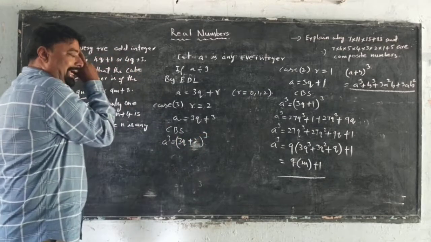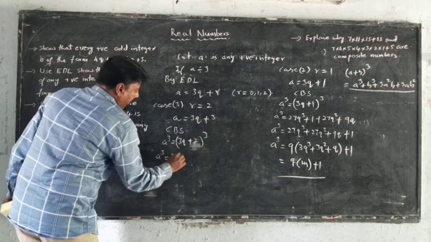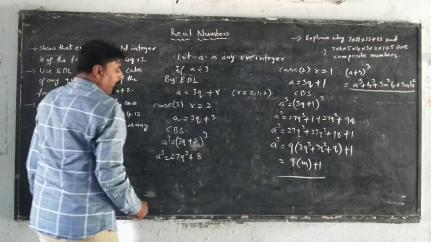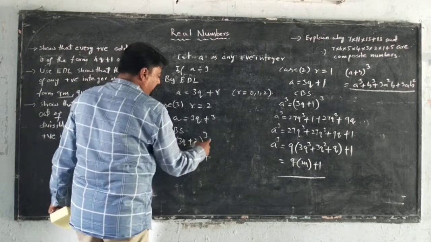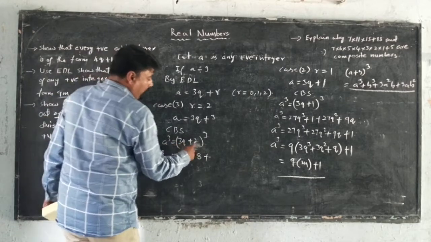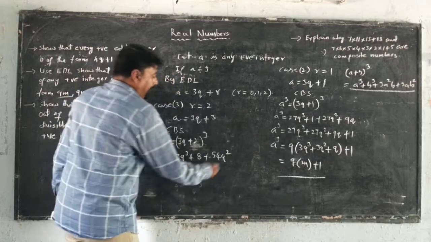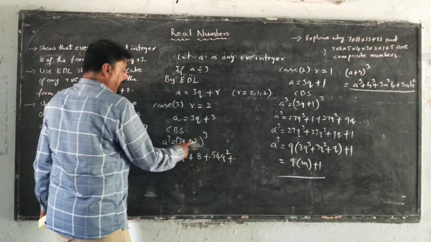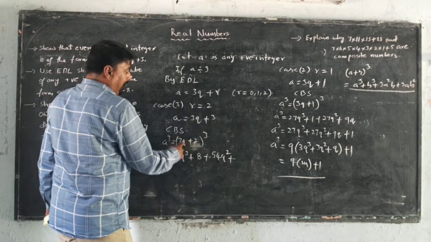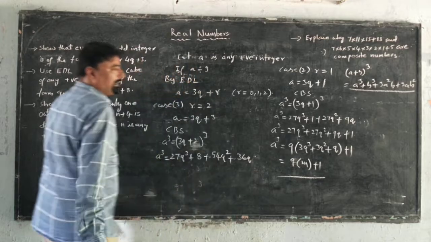So here, once you check it, a cube is equal to 27q cube plus b cube, which is 8, plus 3a square b. 3a square means 3 nines are 27, q square into 2, 54 q square you will get. And the last one is 3a b square, means 3 into 3 is 9, b square means 4, 9 fours are 36 q. You will get it like this.